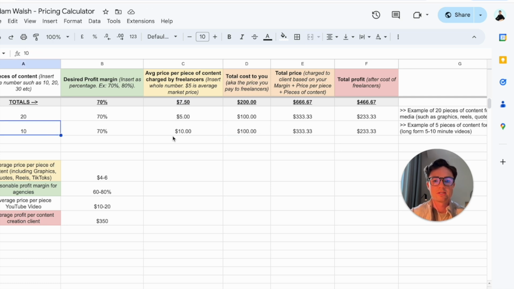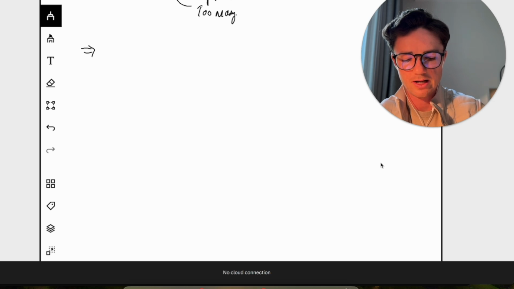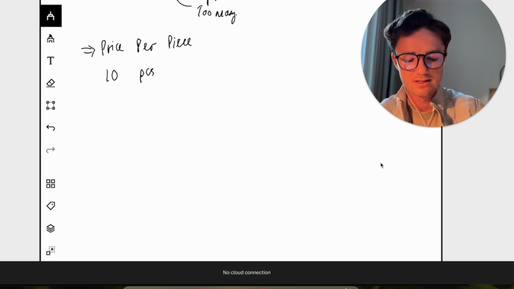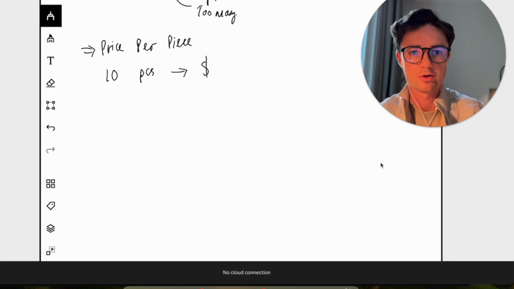This then will calculate the total cost to me. This is just total pieces times the average price per piece of content. And then that spits out our total price. This is charged to the client based on your profit margin and the price per piece of content. So this then gives me the total profit after cost of freelancers, and that is 70%. So we have just figured out how to use the price per piece calculator. And what this will give us is really easy to follow. If I want to do 10 pieces of content, it gives me the dollar price that I should charge the